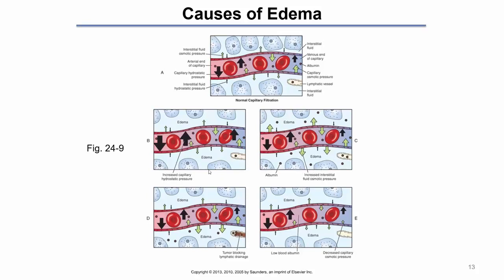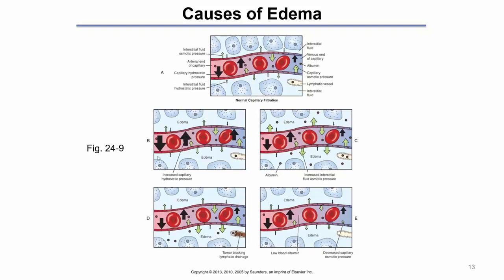So the three states that essentially give rise to edema are, one, during states of inflammation where you have protein leakage, increase in interstitial osmotic pressure, and more water gets pulled out of the capillaries. Two, when you have any sort of blockage of the lymphatic vessels, now fluid cannot drain from the interstitial spaces, you have edema. And thirdly, and this is also very common, in any sort of severe liver disease, liver cirrhosis due to alcohol abuse, hepatitis, any sort of liver disease where the liver can no longer manufacture albumin fast enough, the albumin content in plasma decreases, there's a decrease in capillary osmotic pressure, less fluid drawn back into the capillary,